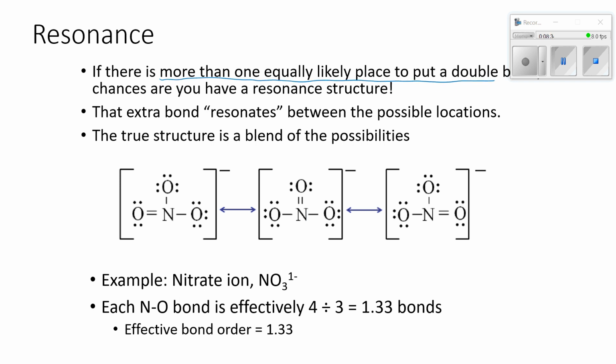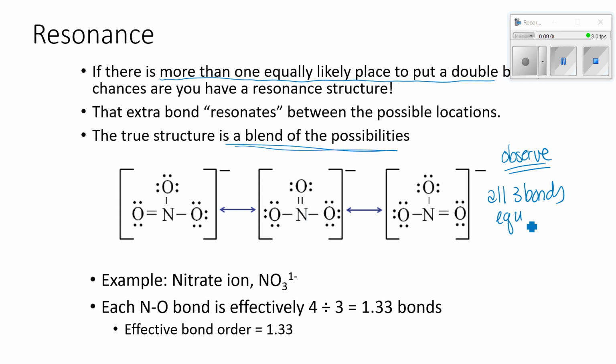So like in this case with the nitrate ion, it turns out that we need one double bond to give your nitrogen an octet. But there are 3 spots where you could put that double bond. So the true structure of nitrate is actually a blend of these 3 possibilities. So as a result, when we observe the NO bonds in nitrate, we observe that all 3 bonds